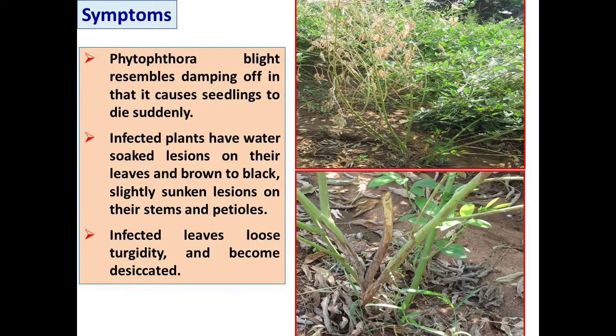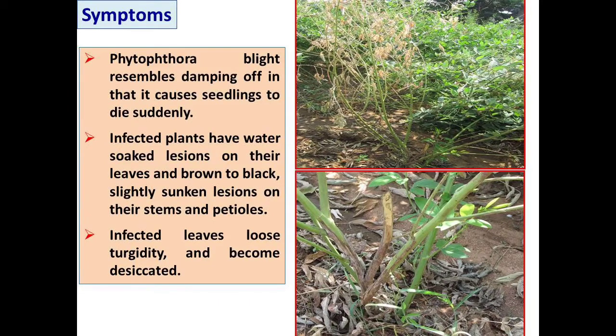For management of this Phytophthora blight of pigeon pea, we have to avoid sowing red gram in fields with low lying patches that are prone to waterlogging. Waterlogging always favors the development of this disease. Similarly, we can control this disease by adjusting the sowing time so that crop growth does not coincide with heavy rainfall. We can also grow resistant varieties like BDN 1, ICPL 150 and ICPL 288. These are some resistant varieties we can use for cultivation purposes.